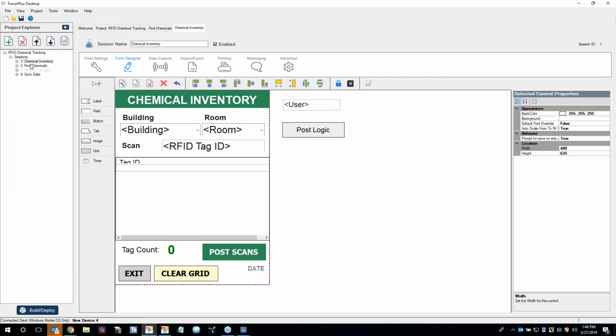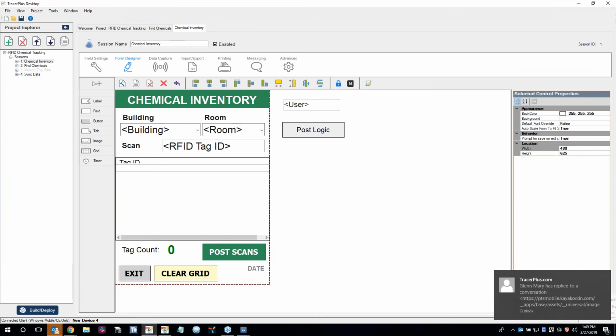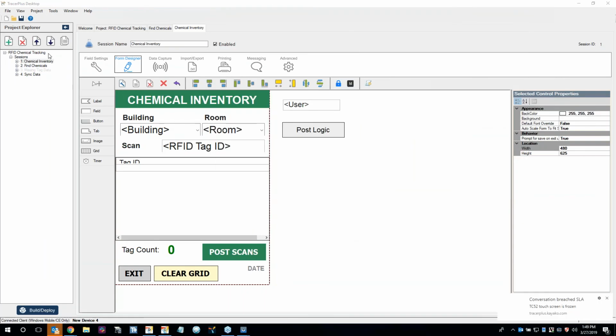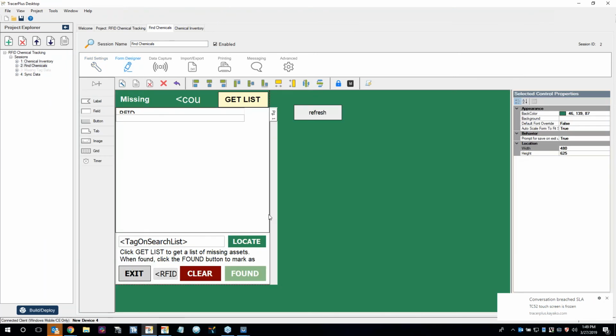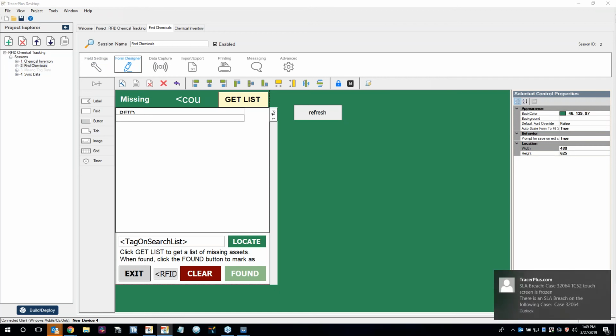So you may see some similarities to the project we were just working on, but this one has a few more complexities to it. In this case, what we're looking for is actually here in our Find Chemicals session. And this is going to allow us to use TracerPlus Connect to send over a list of records that we've designated as missing from one of our databases. And we want to use the Geiger function in